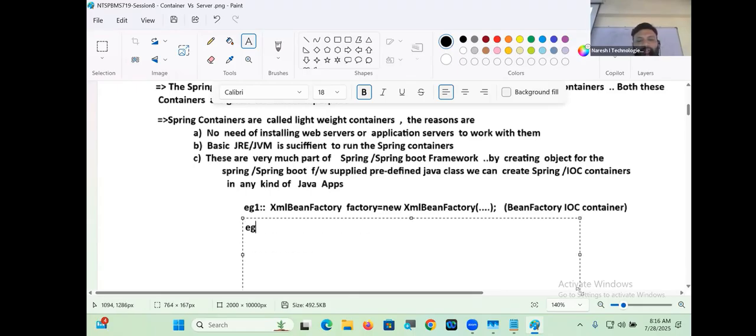Example 2, guys. These are ready-made classes, guys. FileSystemXmlApplicationContext. Here you have to pass some input. I'll explain that input later, guys. ApplicationContext ctx is equal to new FileSystem